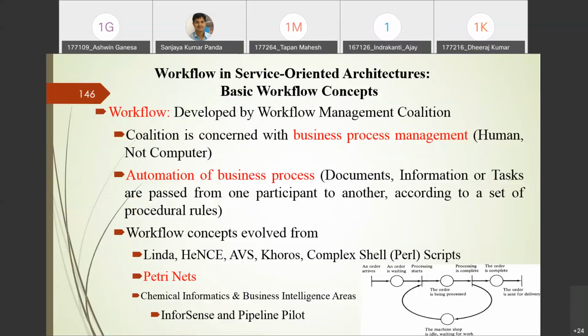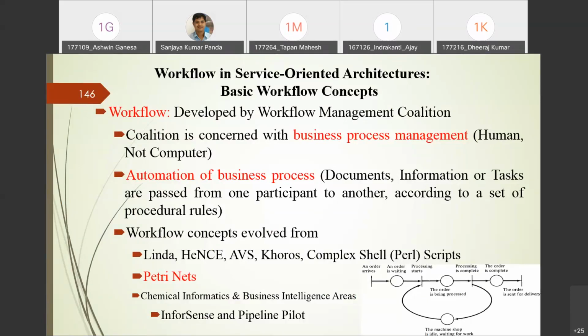That's why documents, information or tasks are passed from one participant to another according to a set of procedural rules. And all the information will not be provided to each and every person. The information that is required and intended for a particular person, only that will be provided. Other things will not be provided.